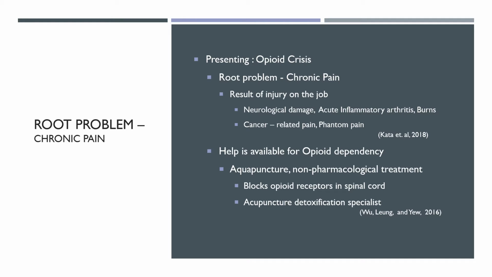Within the opioid crisis, one of the root problems is chronic pain. There are 3 different selling approaches to present solutions of opioid addiction to a corporation's employee assistance program manager. In order to present solutions, we must understand the root problem, chronic pain. Chronic pain can be caused by neurological damage, acute inflammatory arthritis, burns, cancer-related pain, and phantom pain, to name a